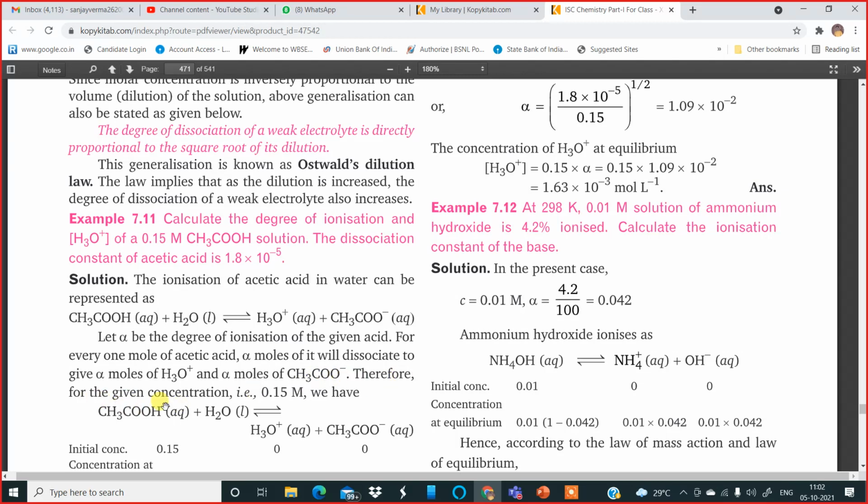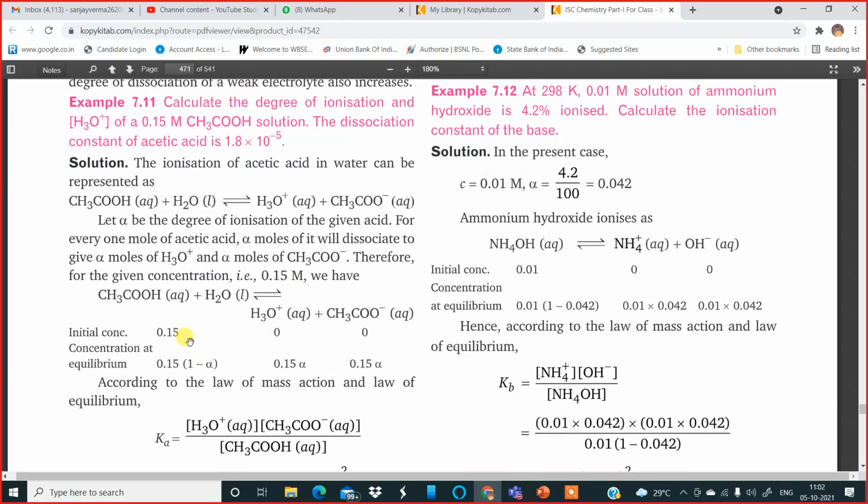Therefore, for a given concentration, that is 0.15 M, that is the strength of acetic acid. So we can write the equation in this manner. Initial concentration is 0.15, initial for hydronium is 0, acetate is 0, and at equilibrium the concentration becomes 0.15 alpha, 0.15 alpha, and 0.15 (1 minus alpha). If we apply the law of mass action, the law of equilibrium, to this equation, we get this